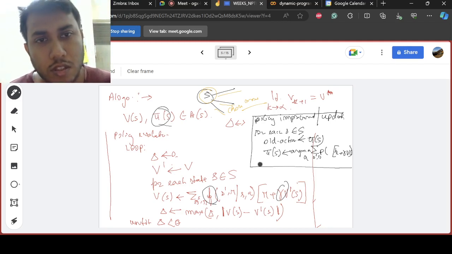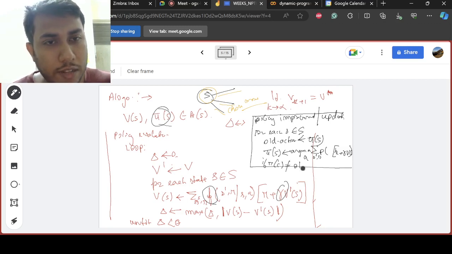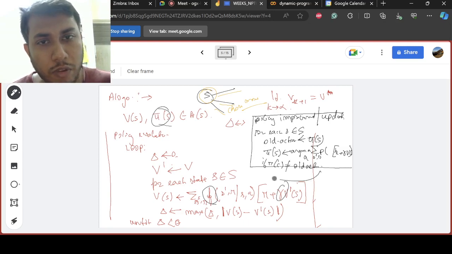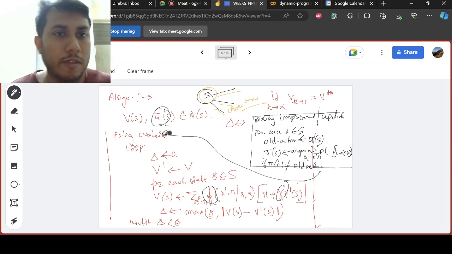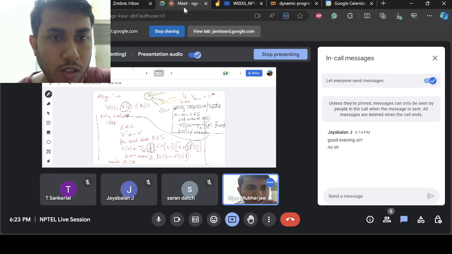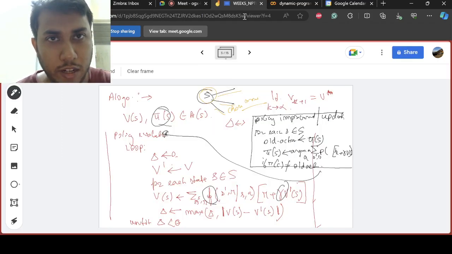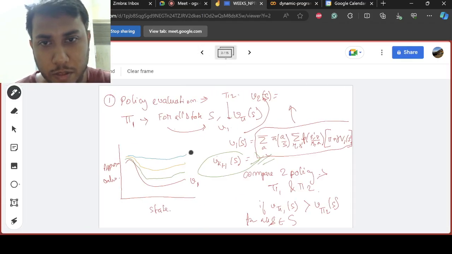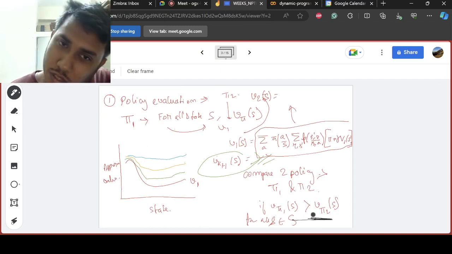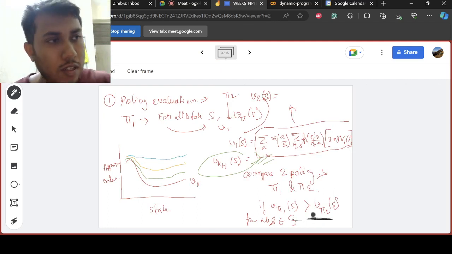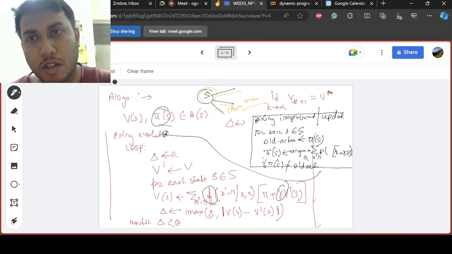And if pi of s is not equal to the old action, then we will again come back here. So the motivation remains the same. You will check basically this, that at any state whether we have improved or not, whether the previous action,